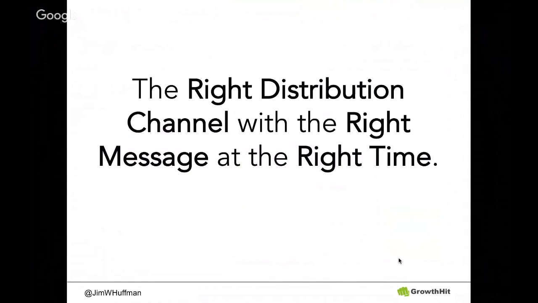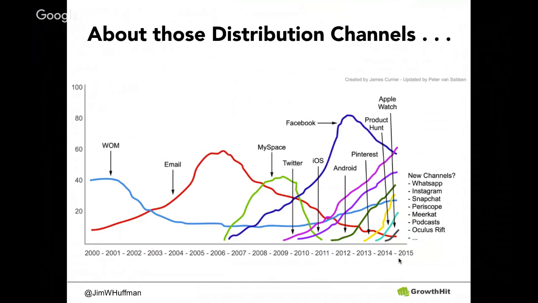and he was able to ride that wave. So kind of high level, the end goal with this marketing plan is finding the right distribution channel where you can put the right message at the right time for your customers. So that's what we want to get to when we're trying to build a marketing strategy for your business. And the last thing to consider when we're looking at these different marketing channels and distribution channels is where are they at in their life cycle.